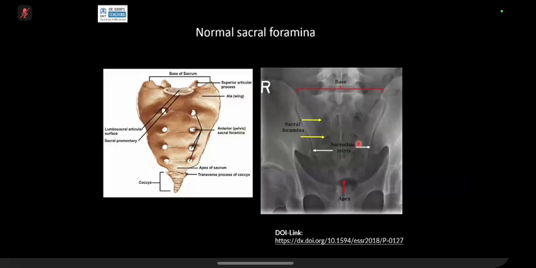But to ask for an orthogonal view of the sacrum, I'll delete marks for that. There is absolutely no role of an orthogonal view of the sacrum to pick up a lesion. Go for the next modality if you want. So otherwise,